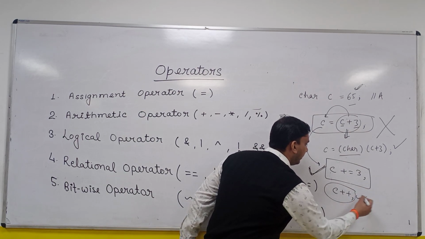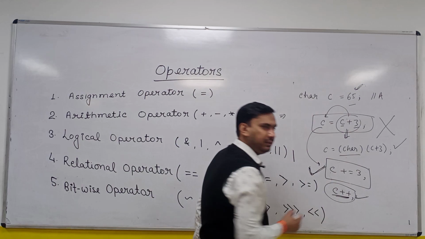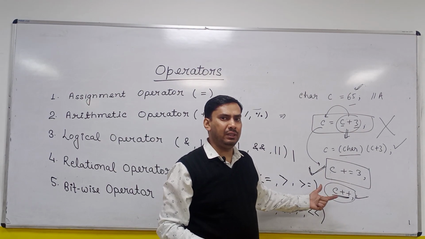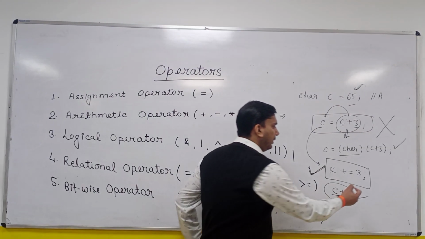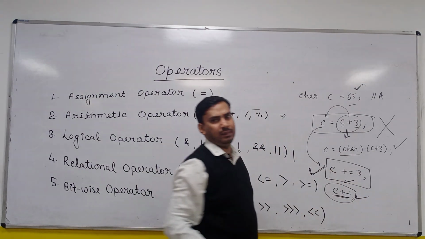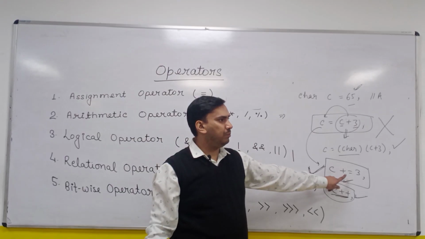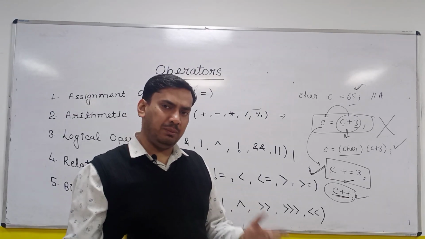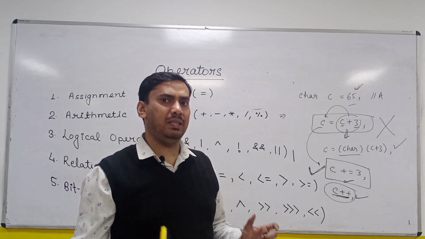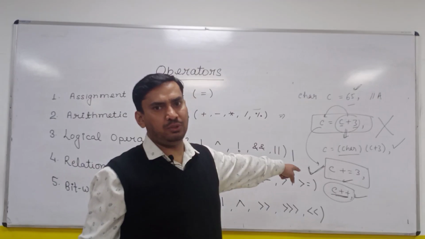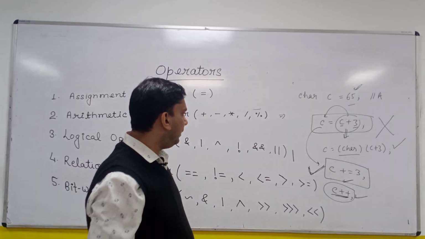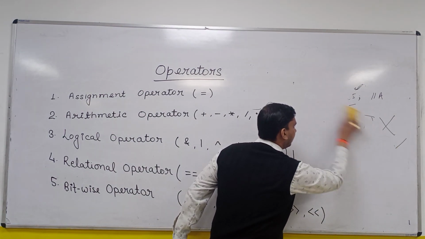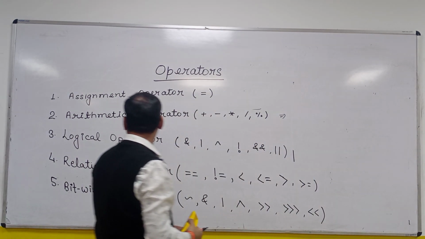this is also working, but what is the problem here? It will increment by 1 only. You cannot increment by 3 in a single go. If you want to increment by 3, you have to write it 3 times. So this can also work, but if you have compound assignment, then we need not write it 3 times. Very simple. Again repeating, compound assignment is similar in functionality, but it is not the same. So this is your character type with arithmetic operators.